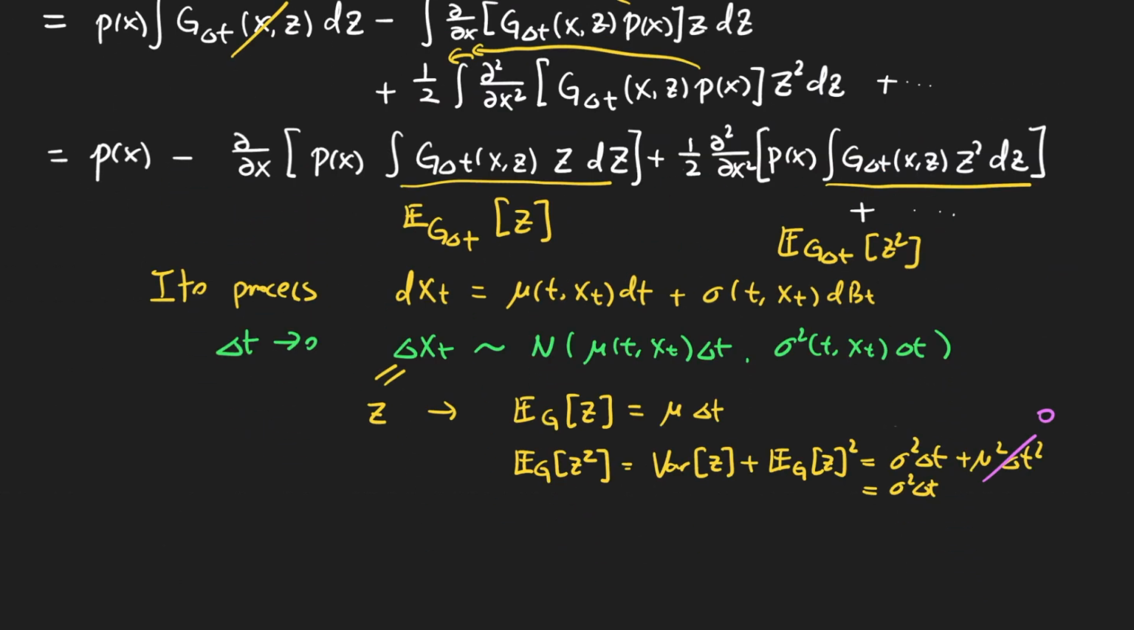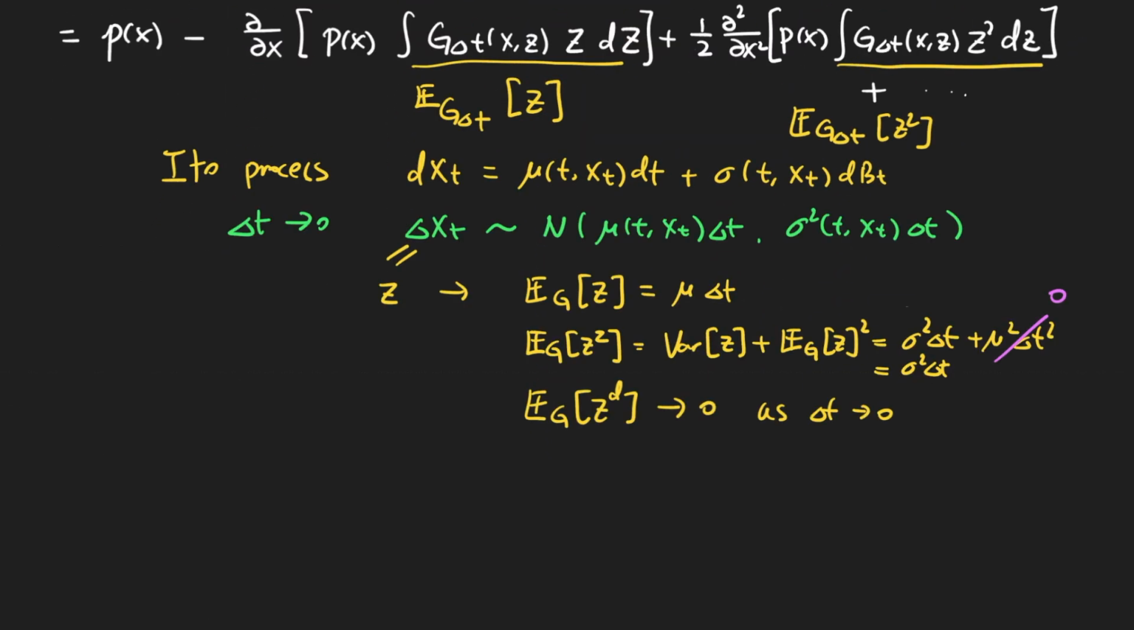And then for the Gaussian distribution, all the higher orders, so let's say z to the d, will all go to 0 as delta t goes to 0. So that's the property of the Gaussian distribution. And by applying this property, we can finish off this derivation. So on the left-hand side, we'll have the probability of x at t plus delta t equals the probability of x at t minus the first derivative